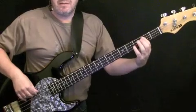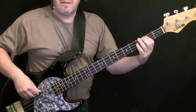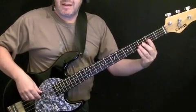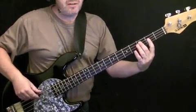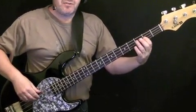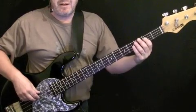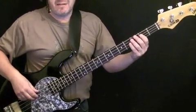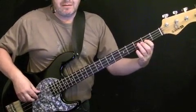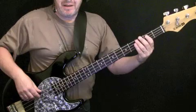And the next bar, which is A, open A string, C at the third fret of the A string, octave E, second fret of the D string, then that last pairing is B and E, second fret of the A and D string. So that bar again. That bar's repeated,